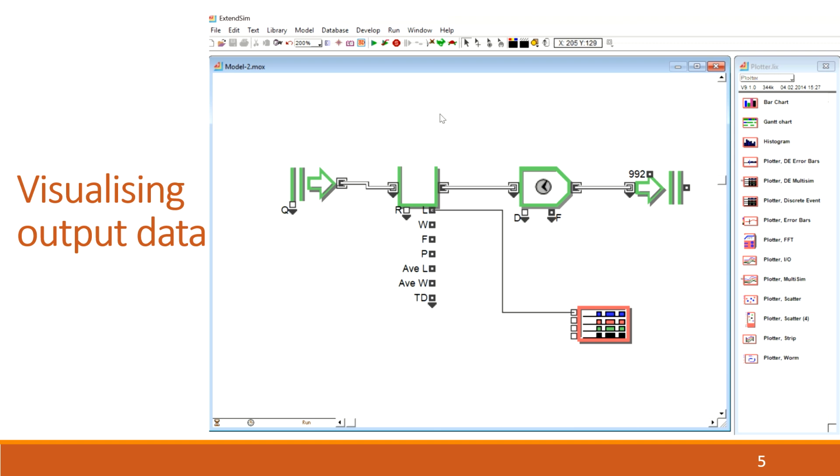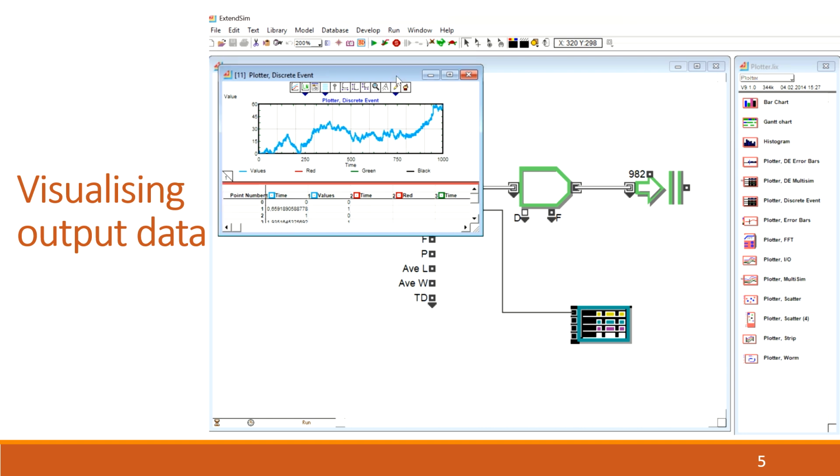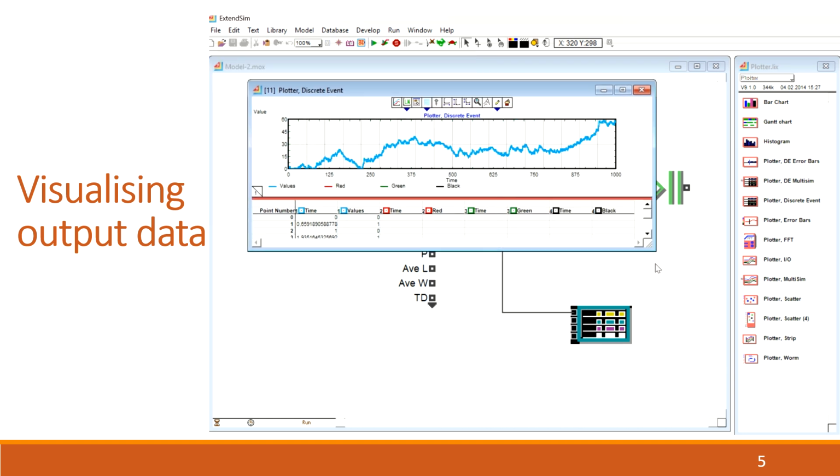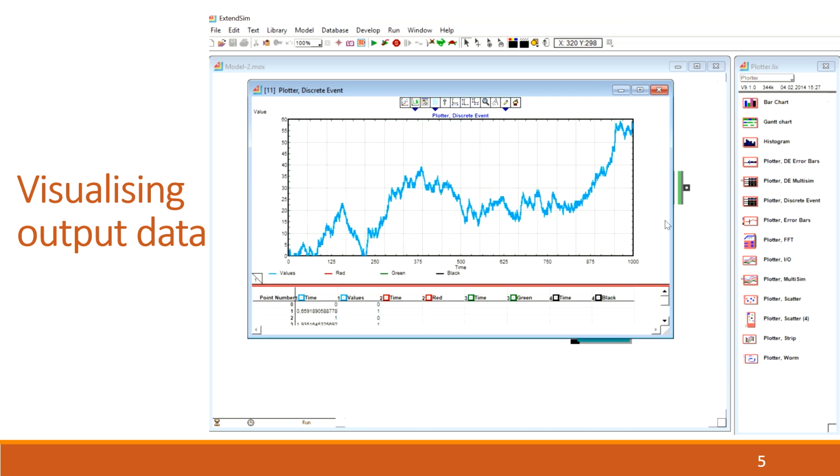So next, what will we do? Yes, of course, we will run the simulation. By pressing run simulation, I will launch the simulation, and again, as animation in this case is off, we immediately get the result. But as you can recognize, in this case there are no beautiful diagrams, and the only reason for this is that we need to open the plotter. So just double click the plotter and we will get the following, beautiful or not, it's up to you to decide, but we will get the following